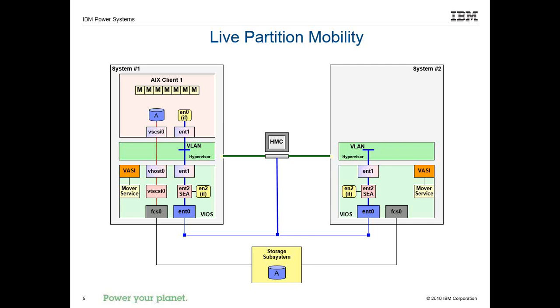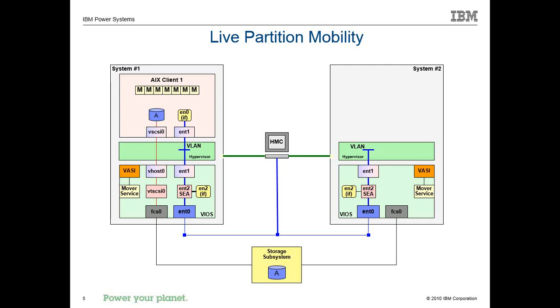And then on the right, you have a system that we're going to move the client to, and once again, it's a hypervisor. It's got the same sort of shared Ethernet adapter, so you can see on the right that our ent0 from both VIOSs are on the same network, and our FCS adapters or HBAs on the VIOS on the left and on the right are on the same SAN fabric. So both VIOSs on both systems can see the same Ethernet network infrastructure and the same SAN infrastructure. Okay, so far so good. And you have an HMC in the middle that helps control it.